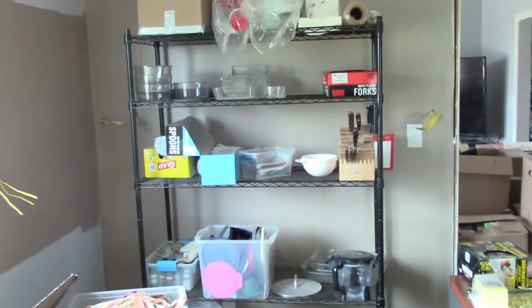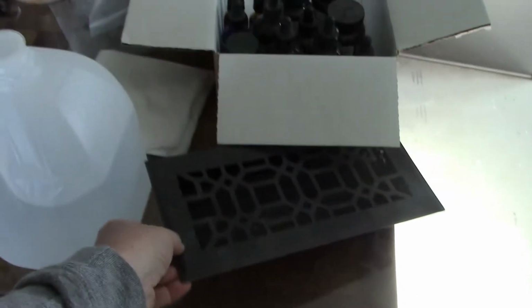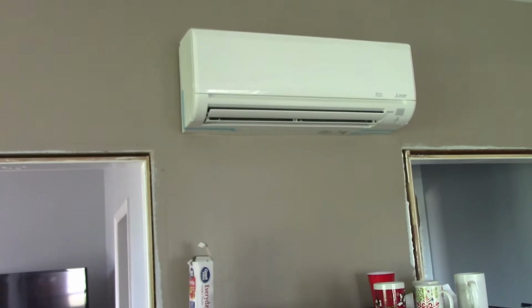But we're starting to get some things set back up in here temporarily. And we still have a lot of stuff to handle. I mean, come on, we have a floor vent sitting right here on the table. And this is our game table that needs to go into the dining room that way. Wait, we're putting it into the dining room? Yep. Oh. We also had an air conditioner put in here